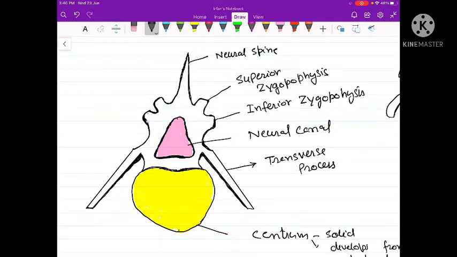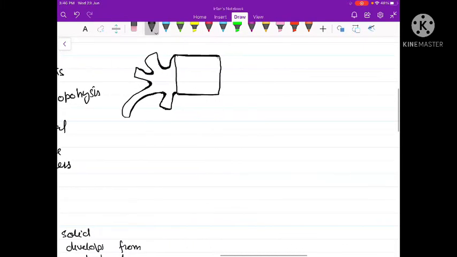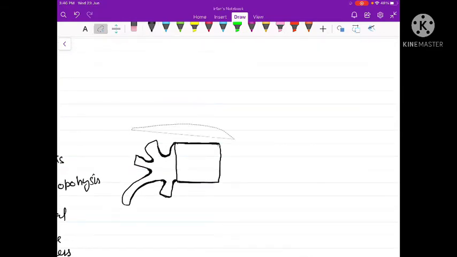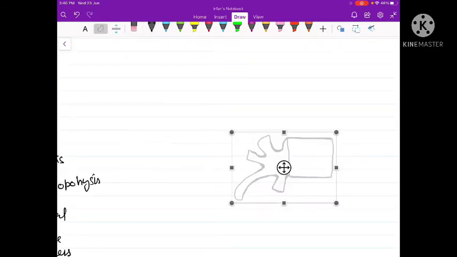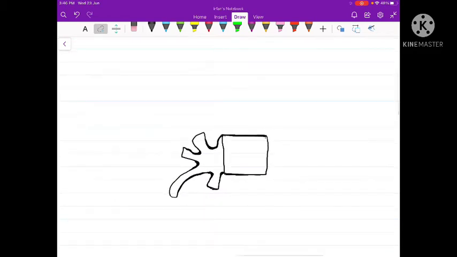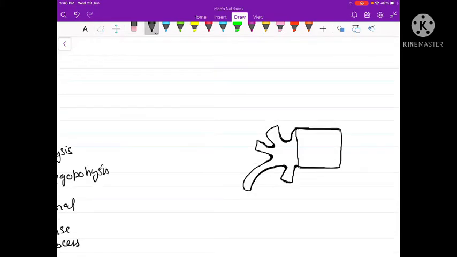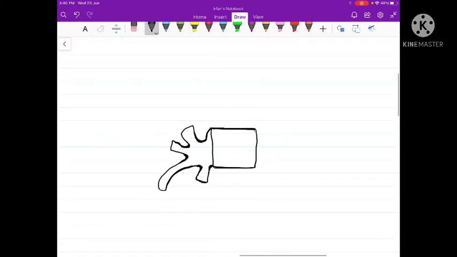If we observe the same vertebra in its lateral direction, it will have the following appearance. So this is the lateral view of the same vertebra. If we see a vertebra from the side, we will see that the centrum of each typical vertebra is flat. It is flat on the upper side as well as on the lower side. Such a type of vertebra is called amphiplatyan vertebra.